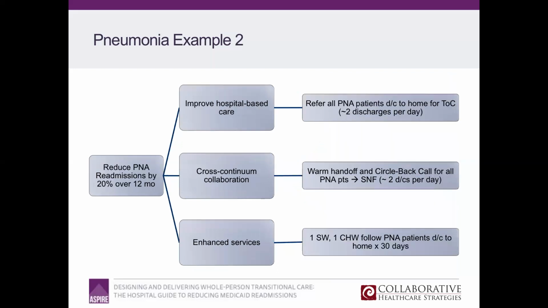And then with regard to the enhanced services, we do have 1 social worker and 1 community health worker who are our transitional care workers, and they're the ones that we're linking our discharges to home to, whether or not it's with or without home care, and they follow the pneumonia patients doing whatever they need over the 30-day period. So this program, as simple as it looks, would get this team results. Again, if right-sized to a smaller community hospital type of environment.